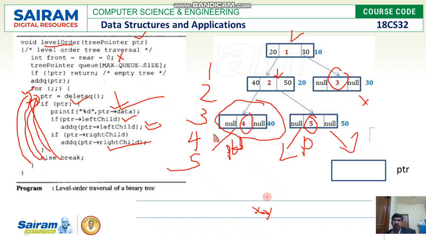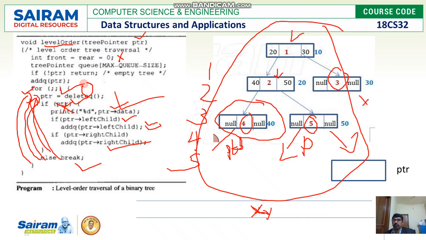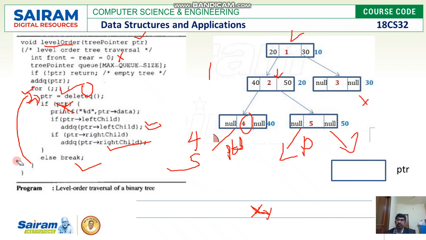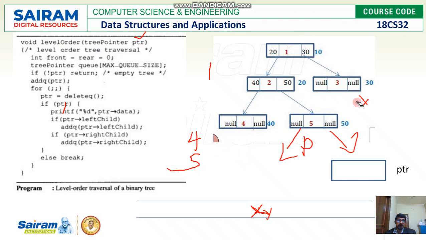PTR is equal to delete queue. What is there in the queue now? Queue has got no element, so PTR is going to be 0. So if PTR means this condition fails, so you are going to break this loop. That means you are going to come out of the for loop. Finally, what you got was 1, 2, 3, 4 and 5. What does it mean? You have successfully visited all the nodes in the given tree in level order. What was the order? We visited the